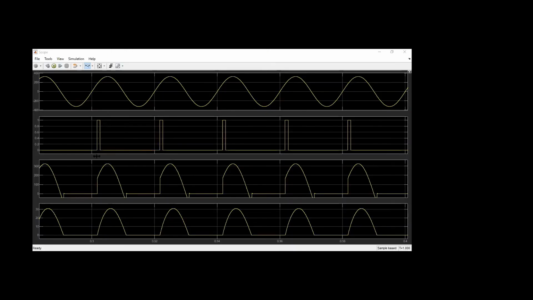See, now you see. When you consider RL load, the input is the same, the firing angle 30 degrees only I have kept. But because of RL, if you observe here, you can observe this point. Because of the inductor, it will not allow sudden changes in the current, so there is a small amount of notches. If you observe here, till this part the current will be there. You observe clearly, till this part the current will be there. This is with RL load.